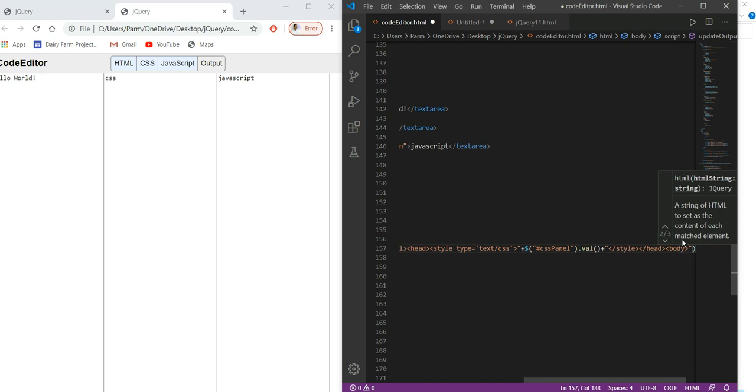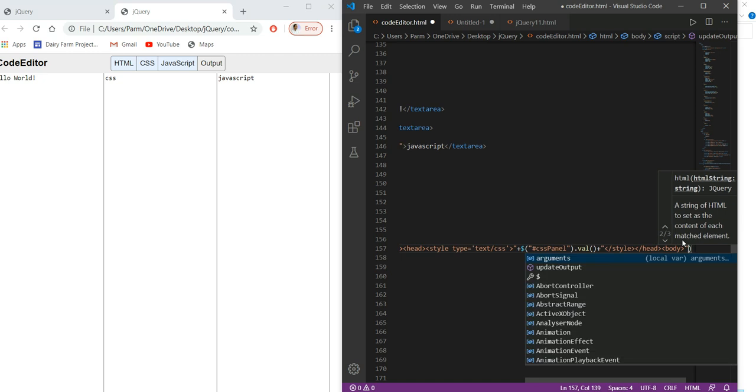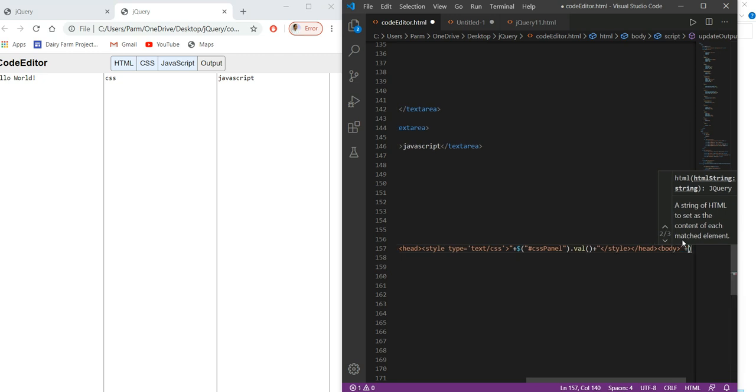There is a similar structure that we used to write over there, and to this we have to append whatever we will write in the body panel.